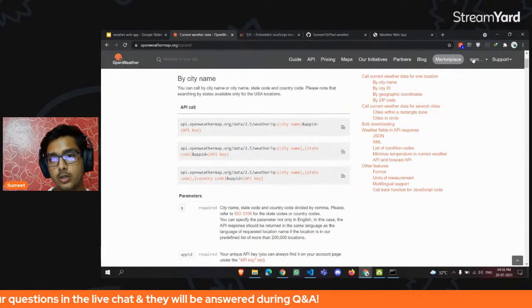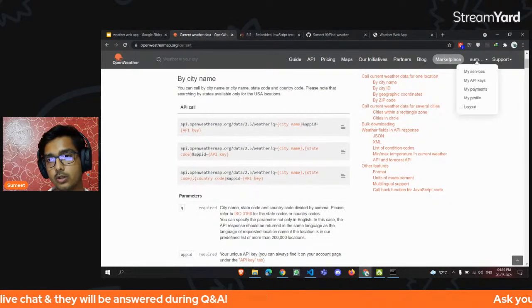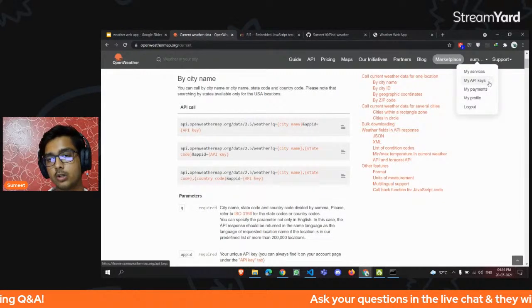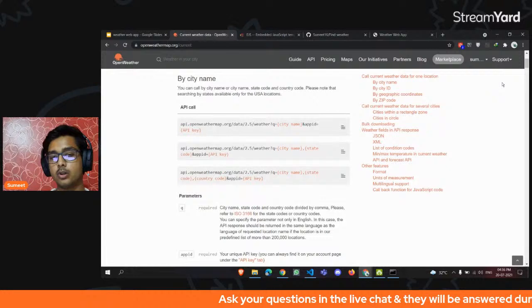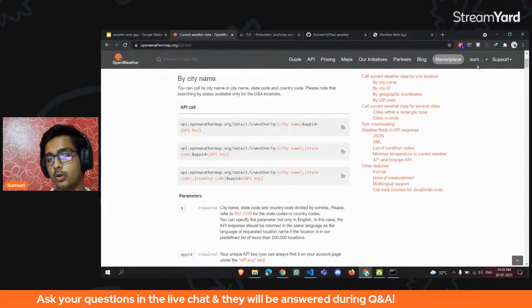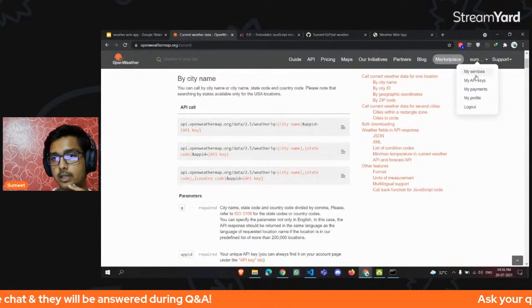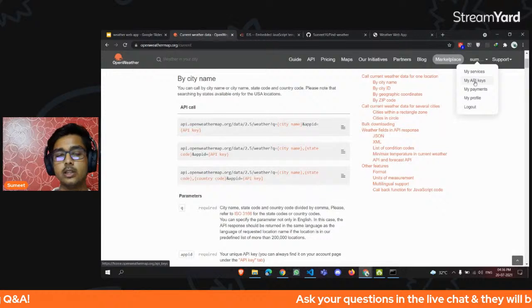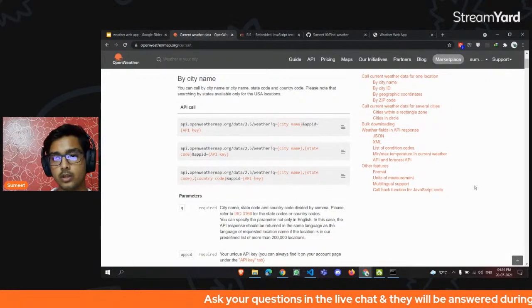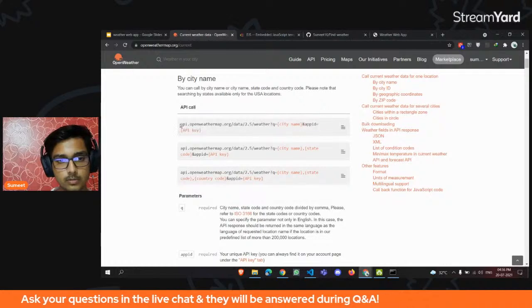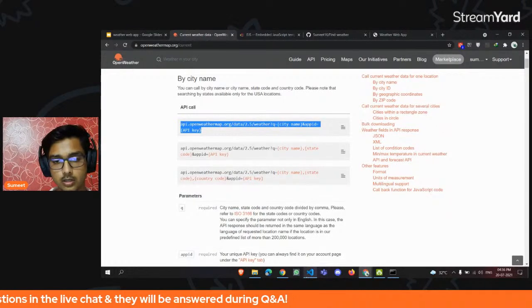So the city name will come first, and then you have to give the API key or the app ID. To get the app ID, you have to simply click on your username and click on My API Key. I'm not disclosing my API key because it's good practice not to disclose your API key in public, for security purposes. You will get your API key there. I'm just copying this much part. Come back to the